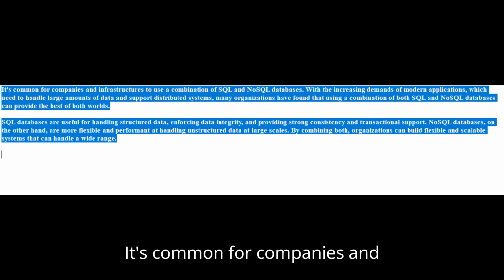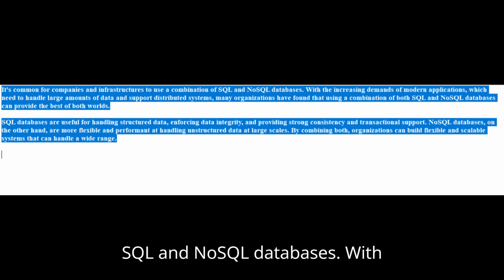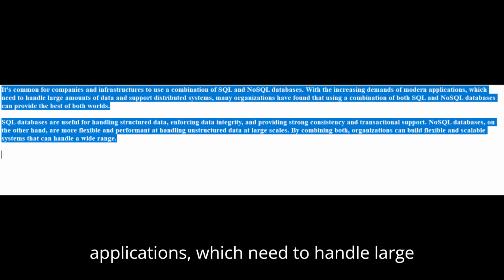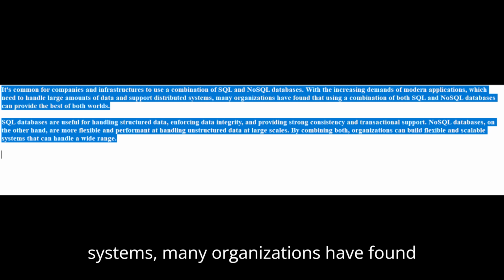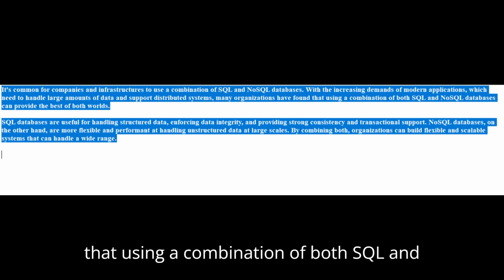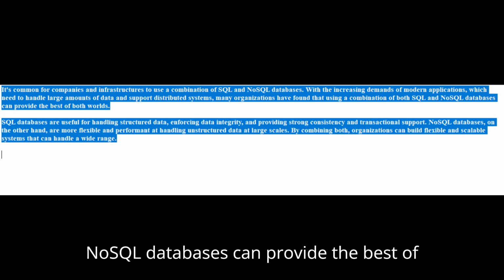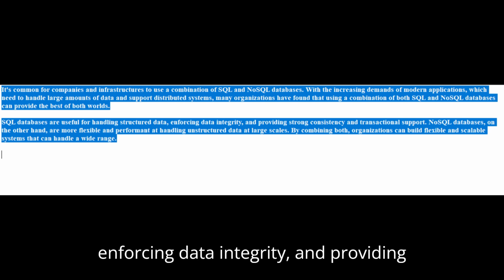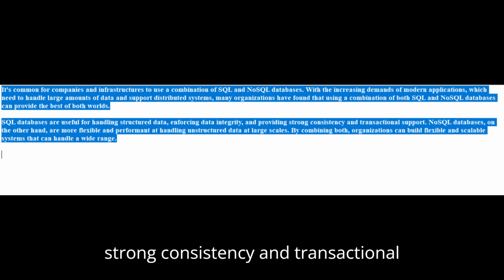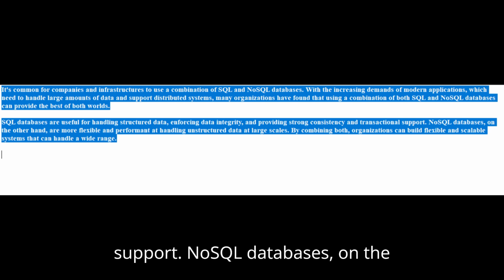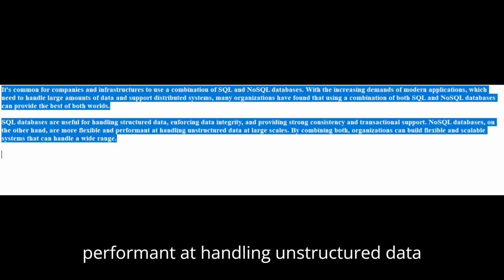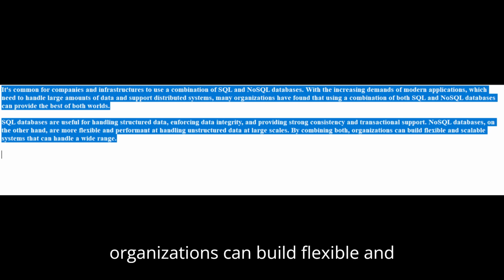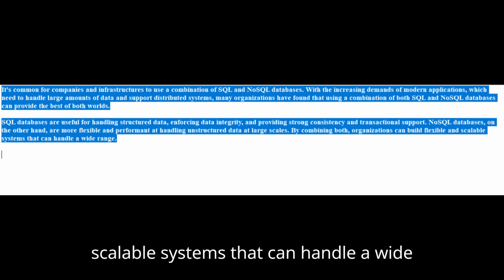It's common for companies and infrastructures to use a combination of SQL and NoSQL databases. With the increasing demands of modern applications, which need to handle large amounts of data and support distributed systems, many organizations have found that using a combination of both SQL and NoSQL databases can provide the best of both worlds. SQL databases are useful for handling structured data, enforcing data integrity, and providing strong consistency and transactional support. NoSQL databases, on the other hand, are more flexible and performant at handling unstructured data at large scales. By combining both, organizations can build flexible and scalable systems that can handle a wide range